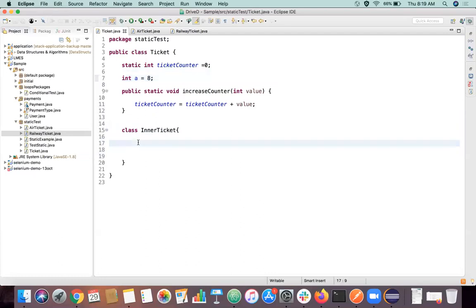And let's try to create one method here, public void, let's put this as a string message.